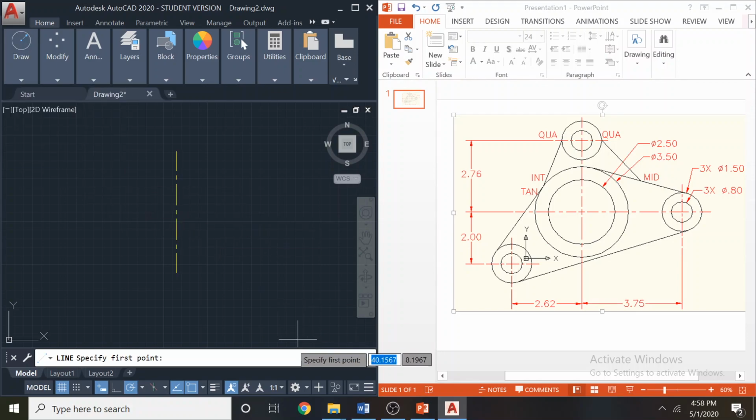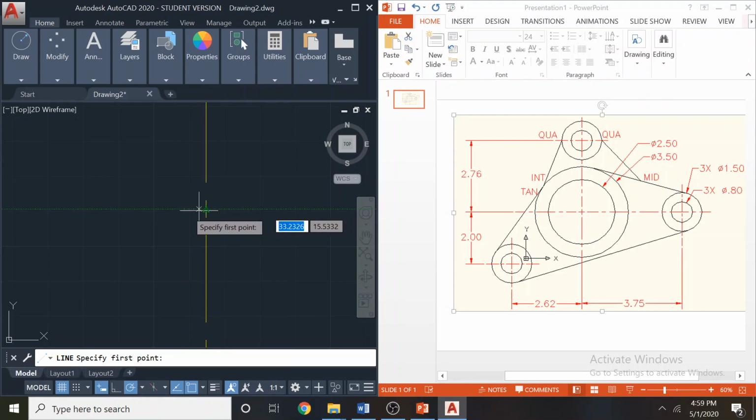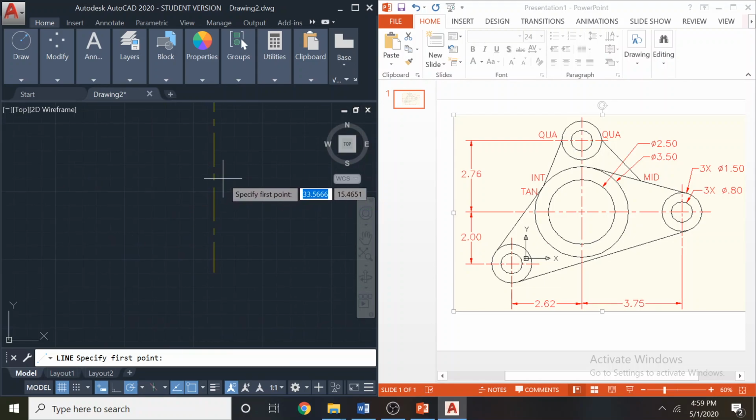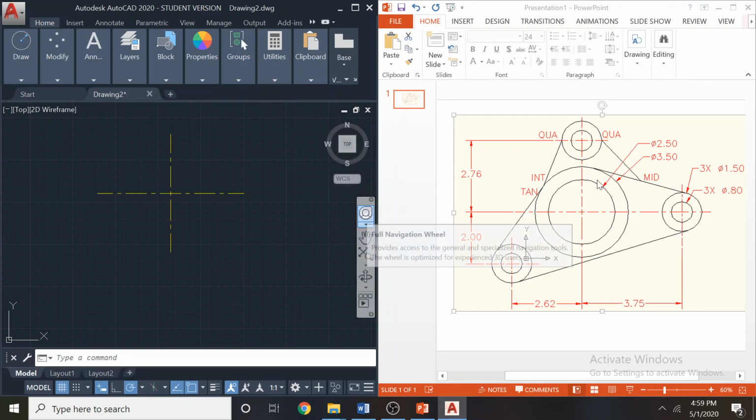So this may be, take the midpoint snap, turn off the nearest, it is not good, so we can take the middle of this line. I'm just guessing everything here. This may be around, don't worry, we can just change the length later. So come here and snap here, then it's nicely crossing. So now I can draw the circles, but before drawing the circles, it's easy if you figure out the other center lines also, then quickly in one turn you can draw all the circles.